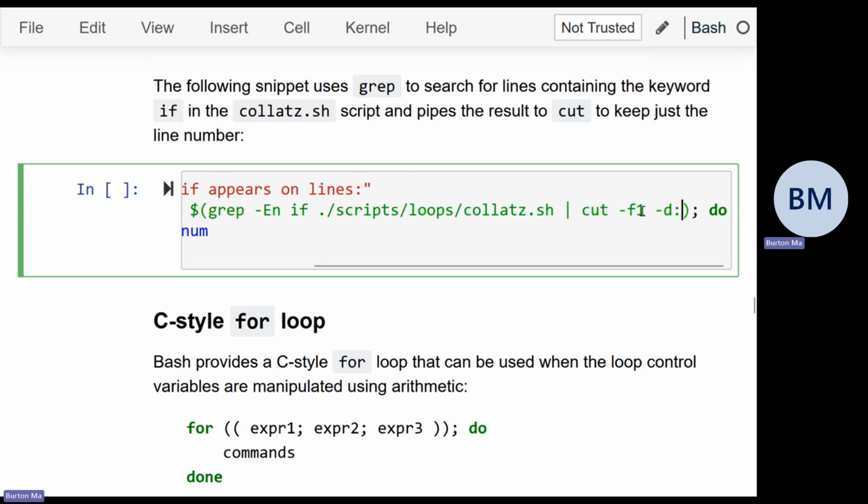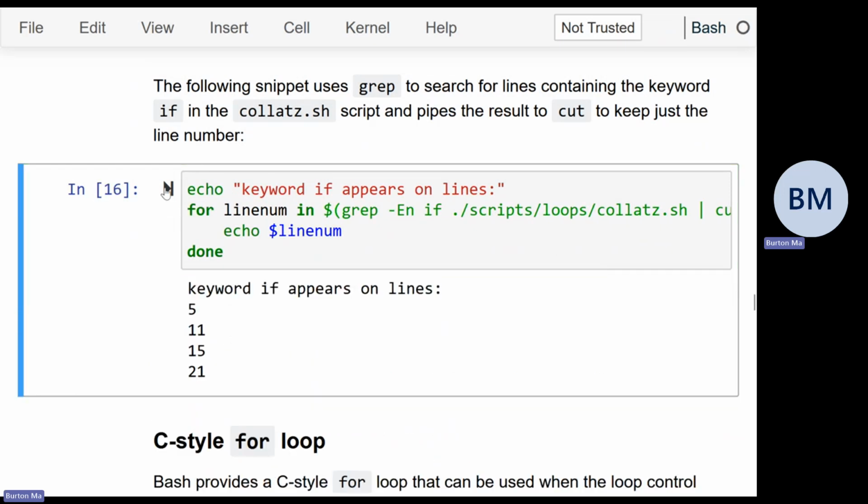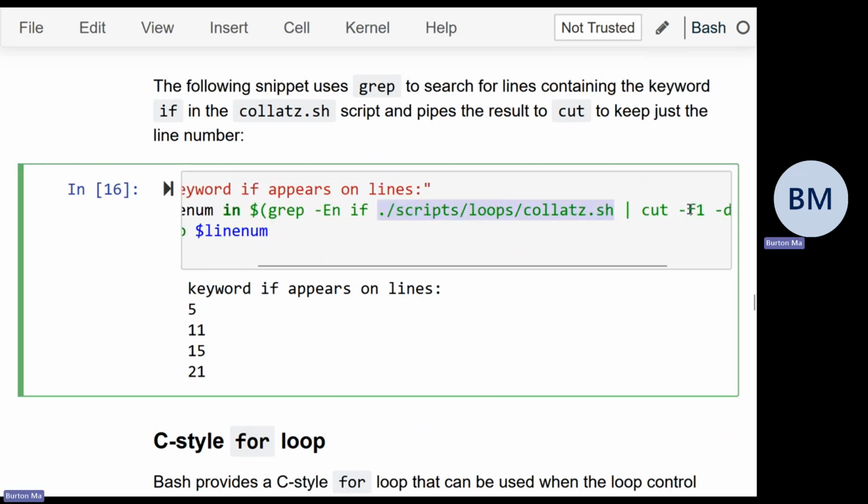In cut, I'm going to grab the first field, where all of the fields are separated with a colon. And so this is going to give me the line numbers where the string appears. Okay. I'll remove the pipe in a second to show you what you get if you don't have the pipe in. And so that little piece of Bash prints out the line numbers in this file where the keyword if appears. If you don't use the pipe,